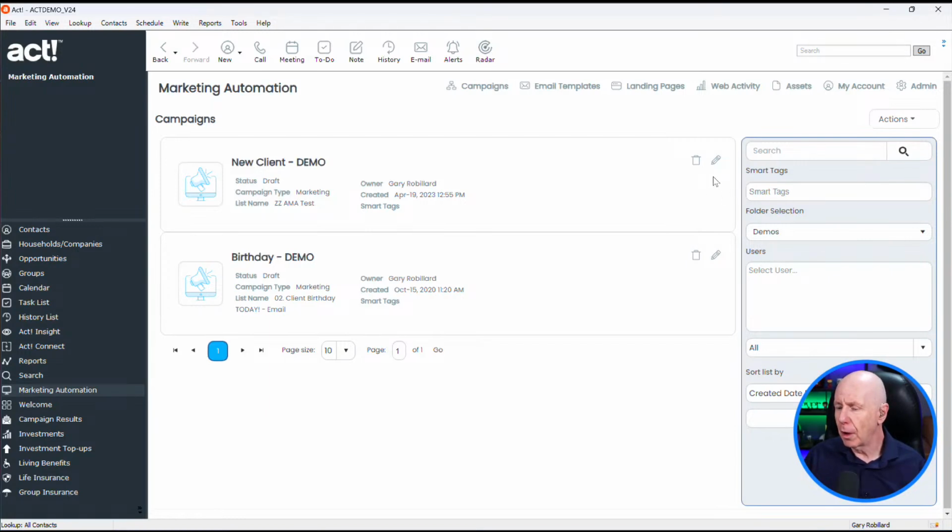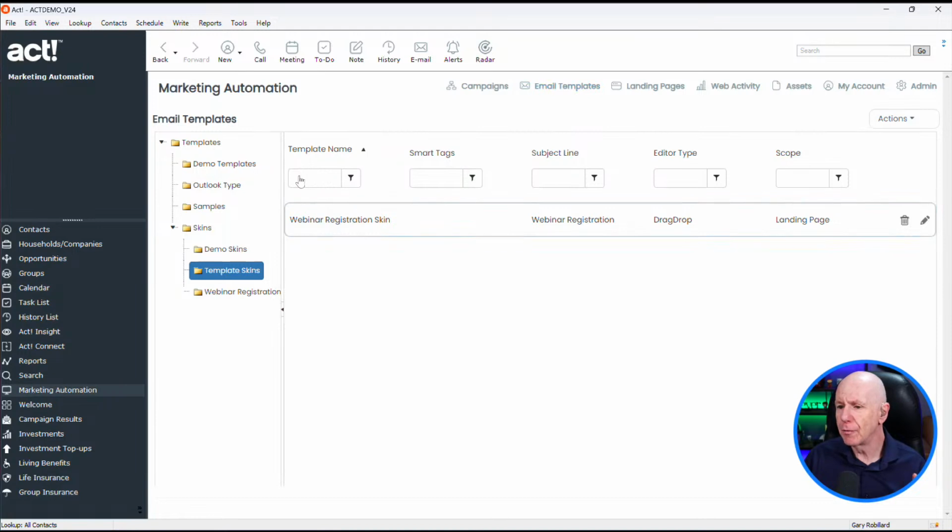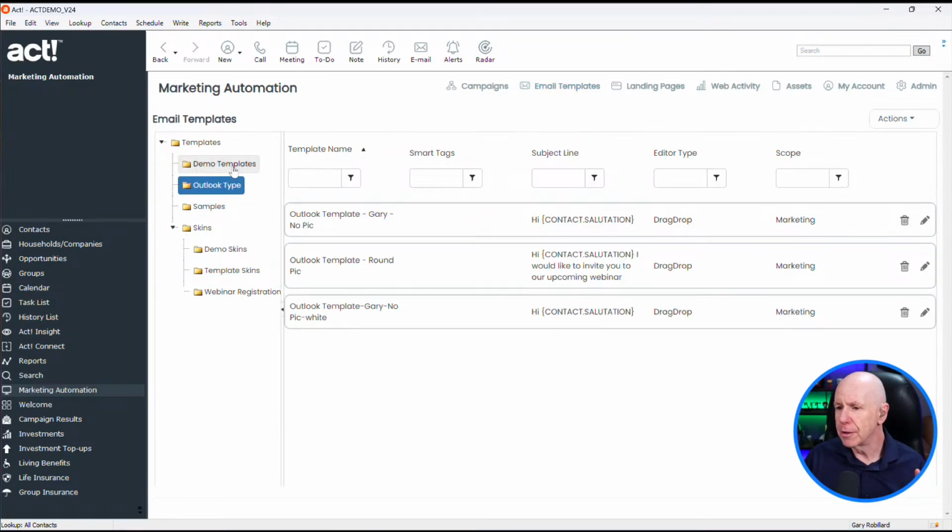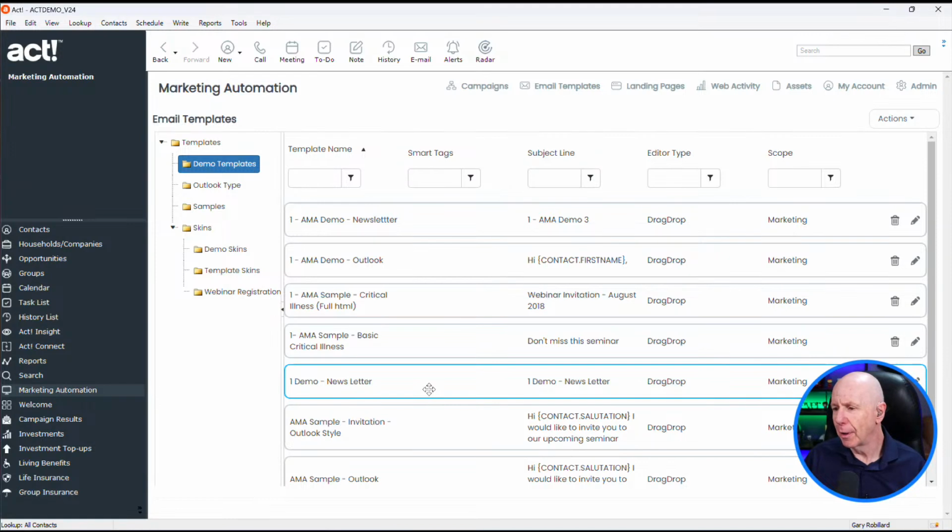So first of all, before I do that, I'm just going to go in here and go to a new campaign. Now, you see at the top here, we've got a bunch of different access points that I can go in here. Even the basic has stuff like email templates, where you can actually create a bunch of templates. So if I go into here, you can see I created a bunch of little templates, and you can do so many different things with these templates. It can be a single one, multiple templates that you can use, and use those as a framework to create your campaign. And your campaign is what you actually send out.